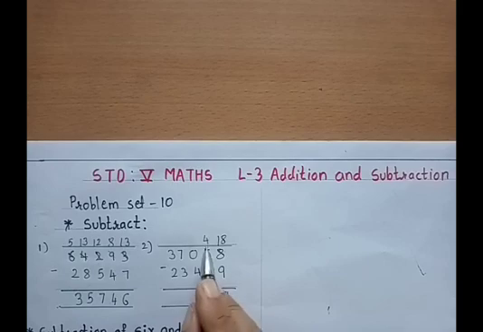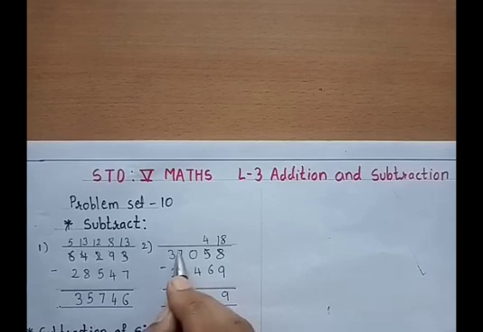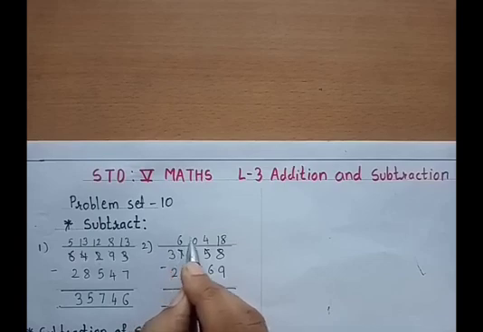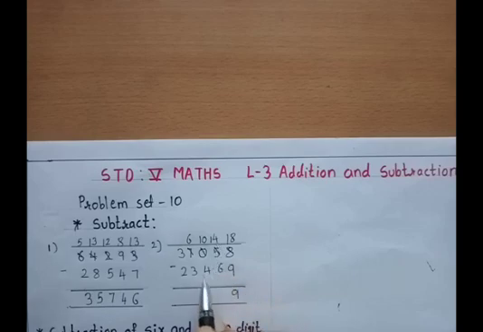Can we subtract 6 from 4? No. So we have to borrow 1 from 0. Can we take 1 from 0? No. So go to the thousands place. We can take 1 from 7. Cut 1, write down 6. Cut this 0 and put the 1 which we have borrowed from 7. We get 10. Put 1, we get 14. 14 minus 6, we get 8.